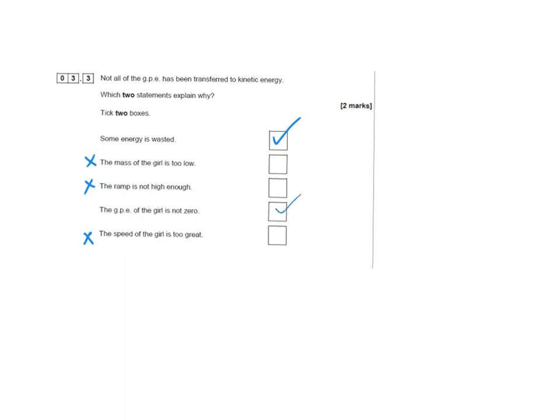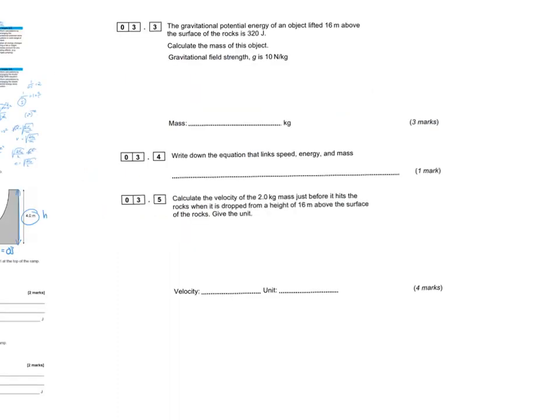And it does say which two statements, and explain why. Do not tick more than two boxes. If you do, you'll start losing marks. Marks get deducted for each extra tick that you have. So these questions are once again a bit higher level. Question 3.3 here is for grades 5 to 7, and question 3.5 is for grades 8 to 9,